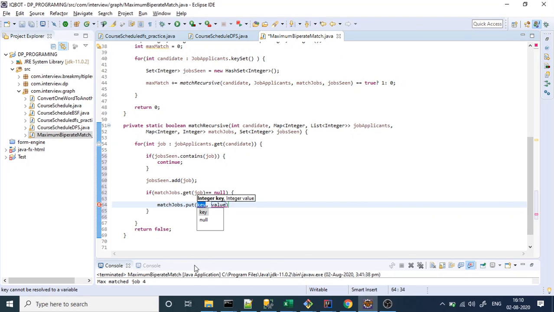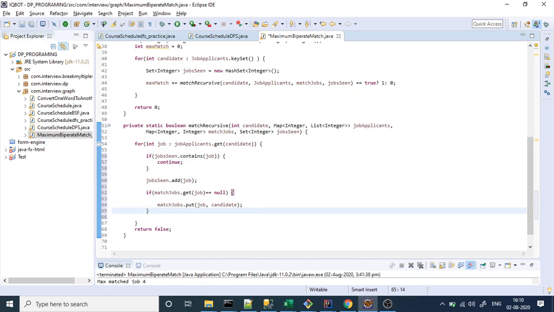Now see here, what I am saying is that the particular job is matched with this candidate, right? Particular job is matched with this candidate, that is what I am saying. If it is not, return true. Now the moment, suppose it is not matched, then